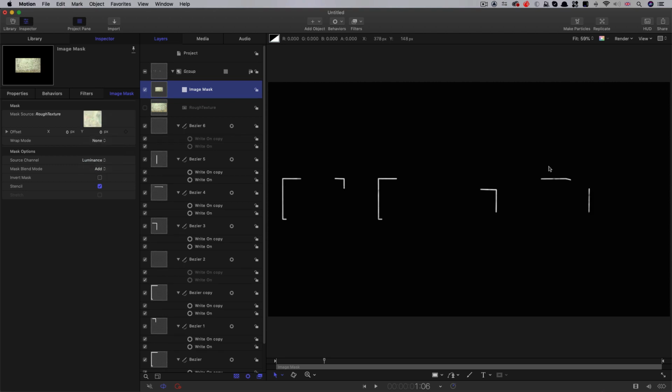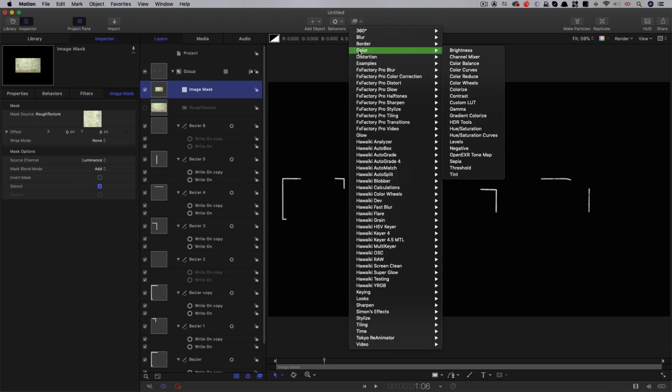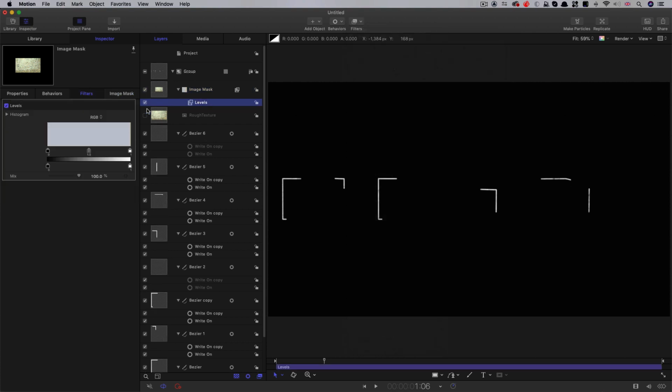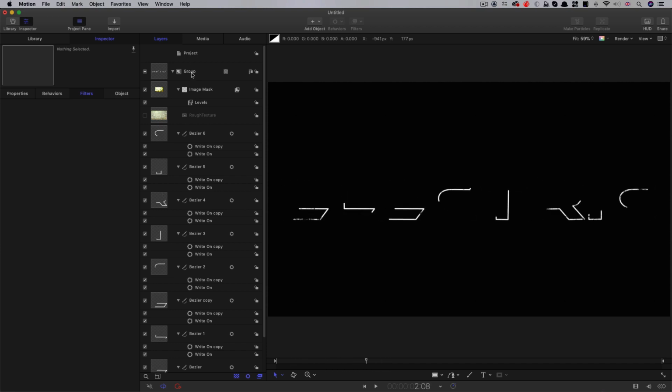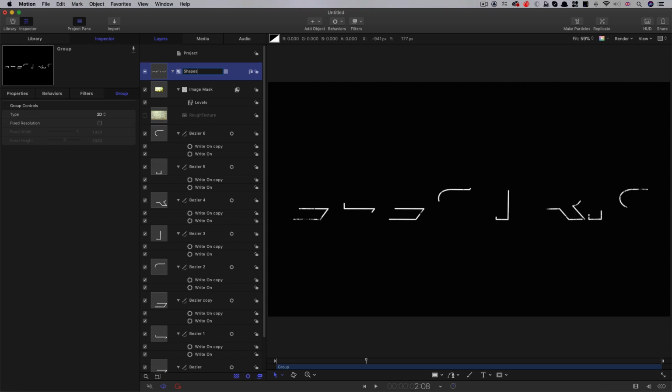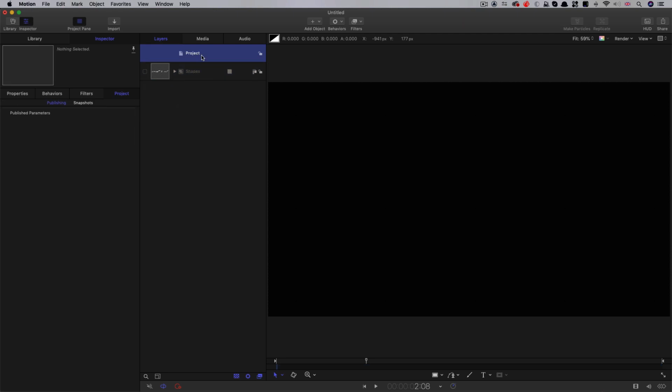So you might just be able to faintly see that that's had an effect, but what we can now do is come to color levels, and we can either apply this to the image mask itself or to the original texture, and just crunch it together so that we're getting a little bit of this sort of breakup here. I just think it's going to make this effect look more organic than if those letters were completely clean. So let's call this group shapes, and we can turn it off and close it down, and let's make a